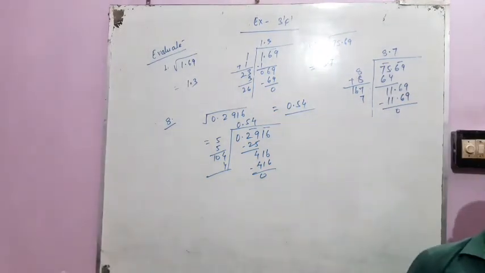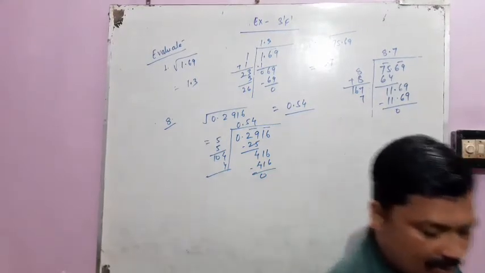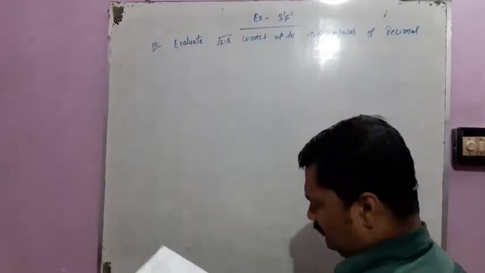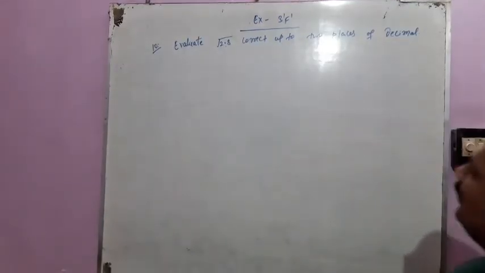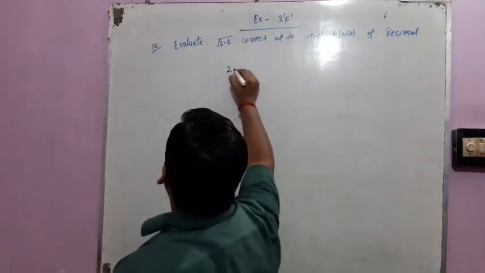Now moving on, next question. Question numbers 9 and 10 both are the same, so we are going to solve question number 10. But before that, we have to clean the board. Evaluate root 2.8, correct up to 2 places of decimal. Student,